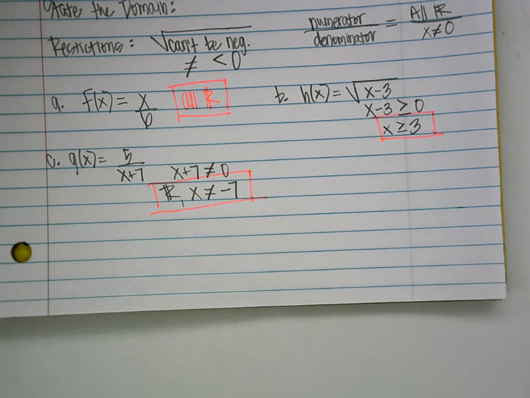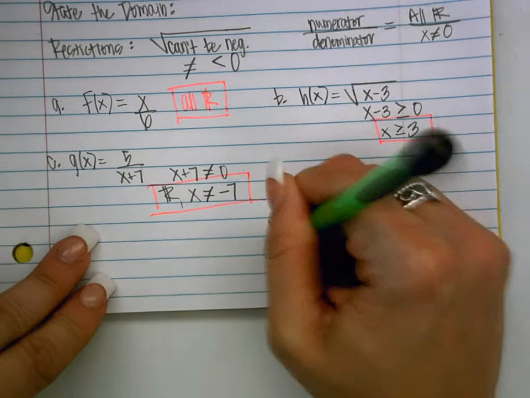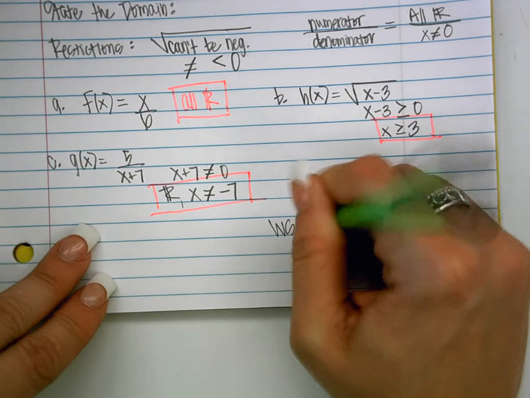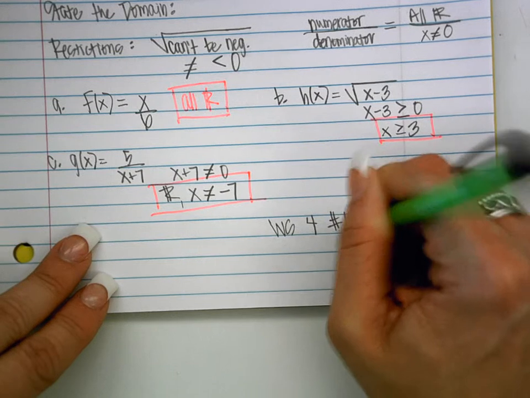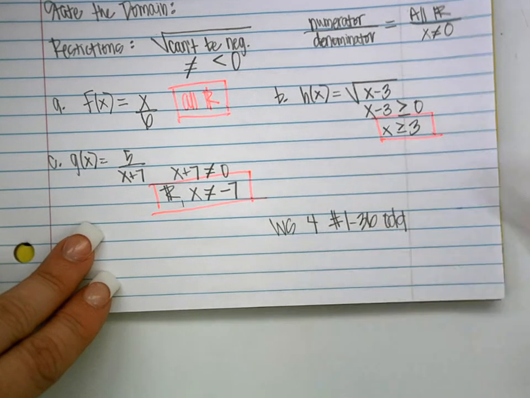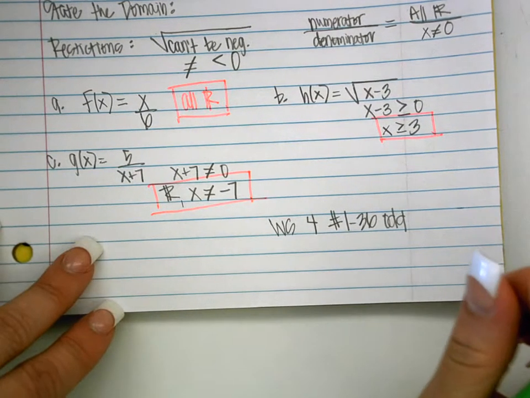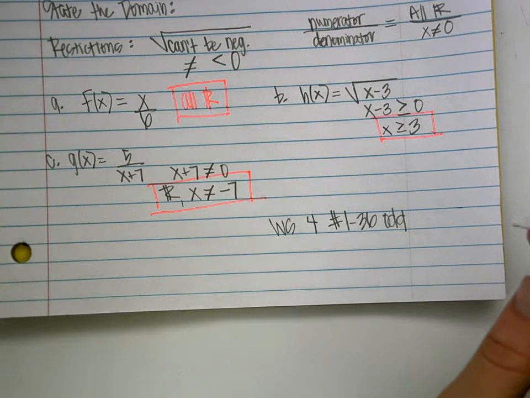Okay, homework for this one is going to be worksheet 4. You are doing the odds, all of them. So worksheet 4, you're doing numbers 1 through 36 odd. I guess I realize that's really 1 through 35 odd. Okay, so you have 2 parts of homework tonight. One of them is worksheet